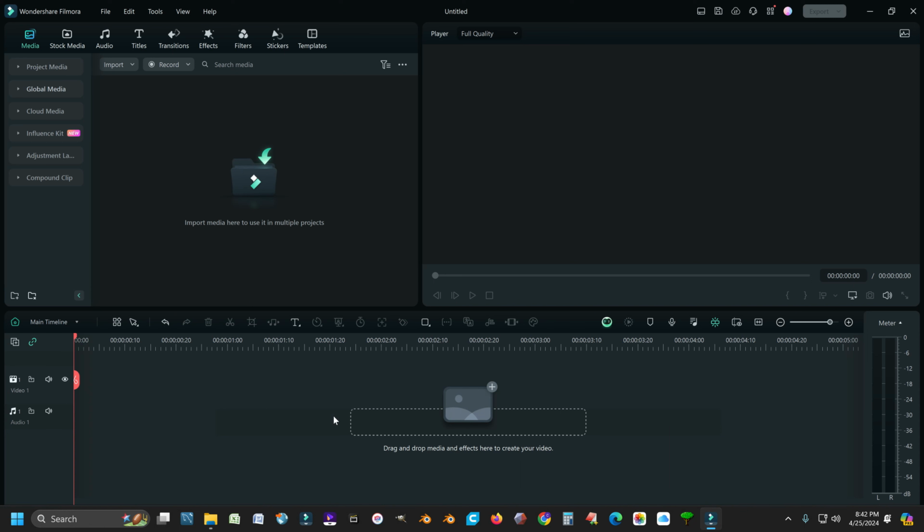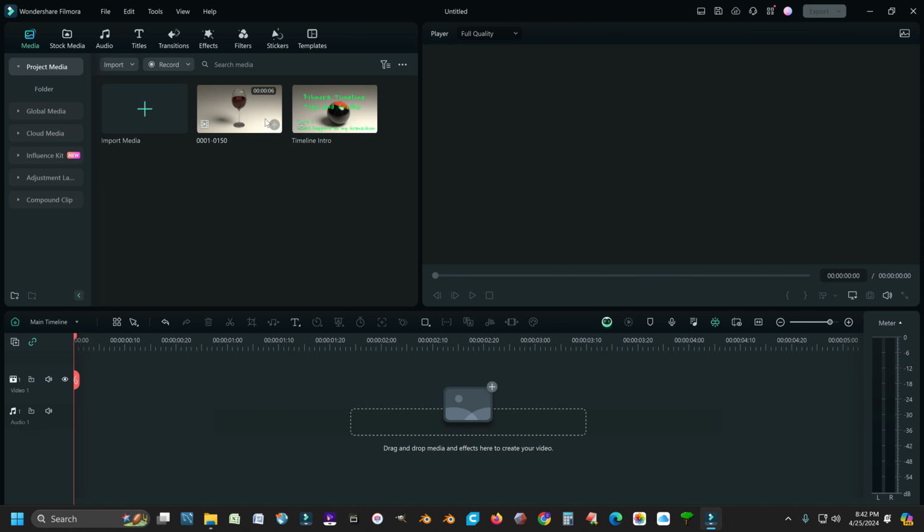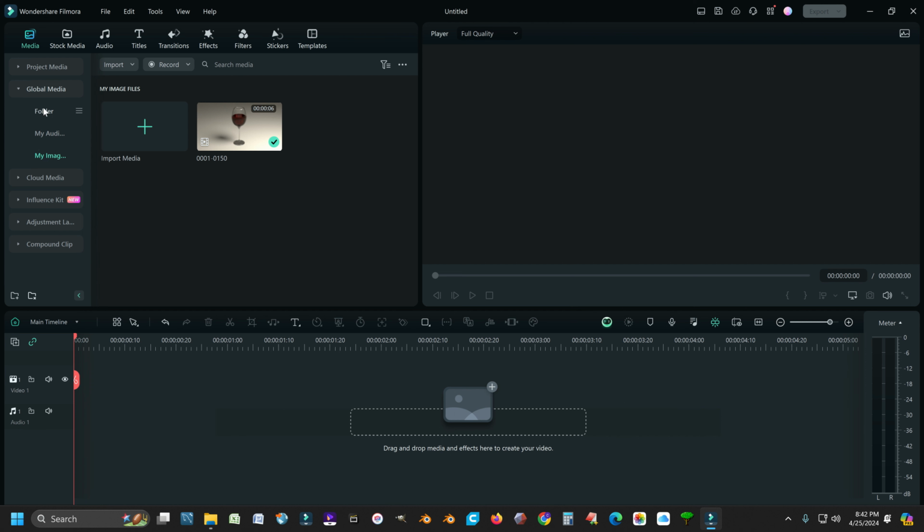Okay, so the question is, how can I load my files with every project? Very simple. If you drag your resource into the global media, there you have different places you can put it. My images would be a good place to put images and so forth. It means that every time you start a new project and you click on global media, you go down to my images. Well, actually, if you're in the top folder there, all files would show up, both